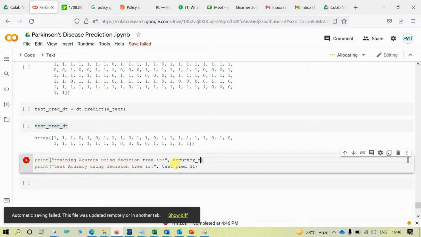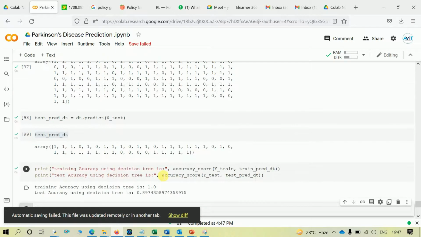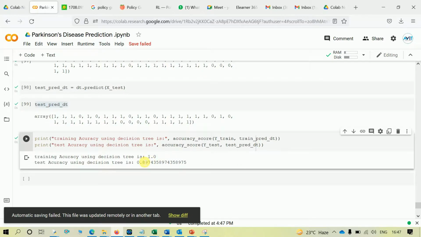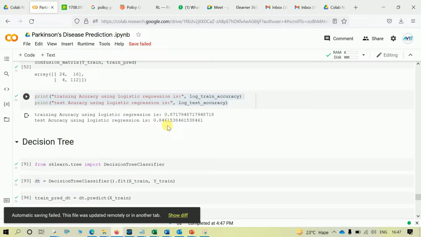Accuracy underscore score. Now it's right. Train. Oh, that will be y test. And that is test prediction. Fine, I think everything is right now. So let's run this cell. Okay, so decision tree is providing 1 on train and we have test accuracy as 90%. So it's more than what we got in logistic regression.